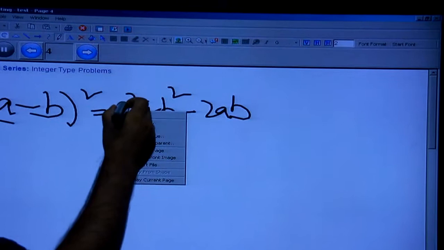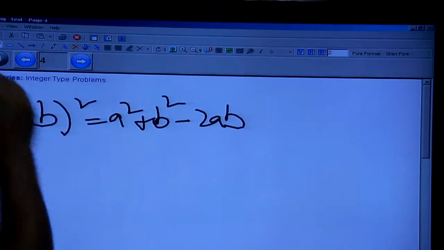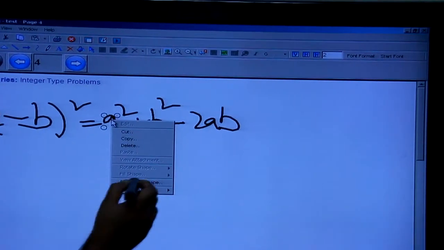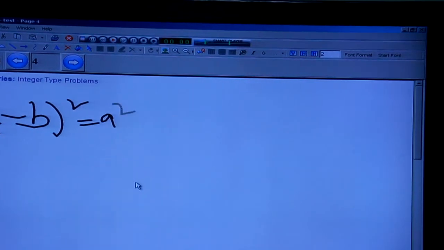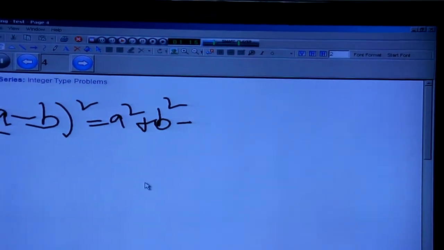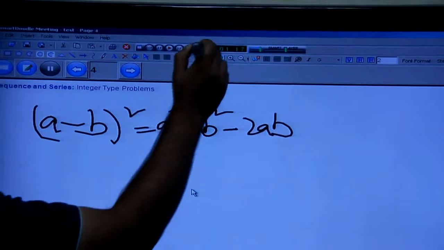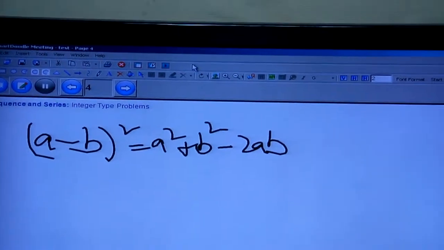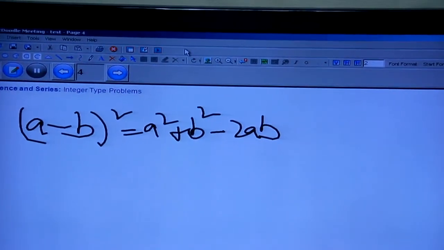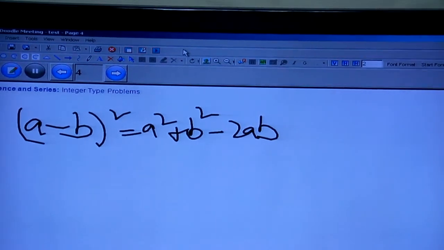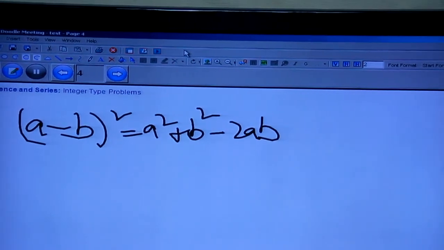I want to play it from this character. So I can play from that point onwards. So a² + b² - 2ab. So the student has the flexibility to start the lecture from any point he wants, and he doesn't have to reverse and forward or juggle with those controls. He can just go to that point where he wants to learn,